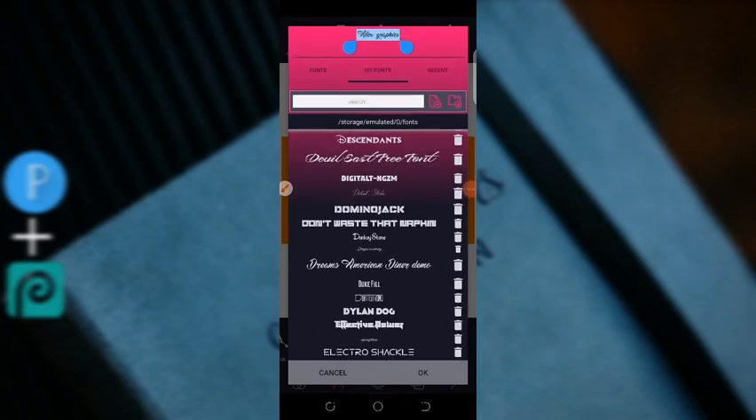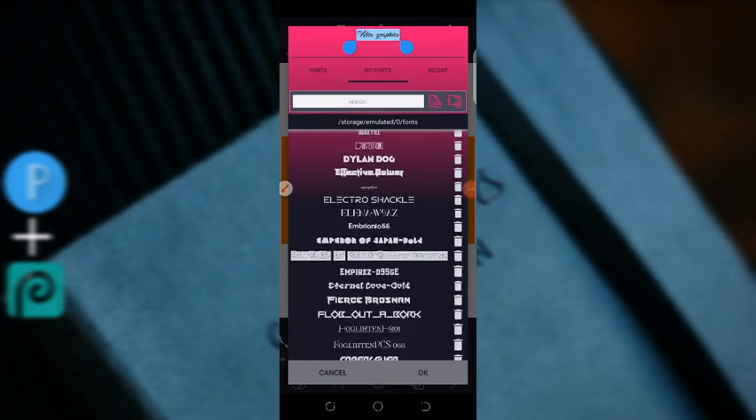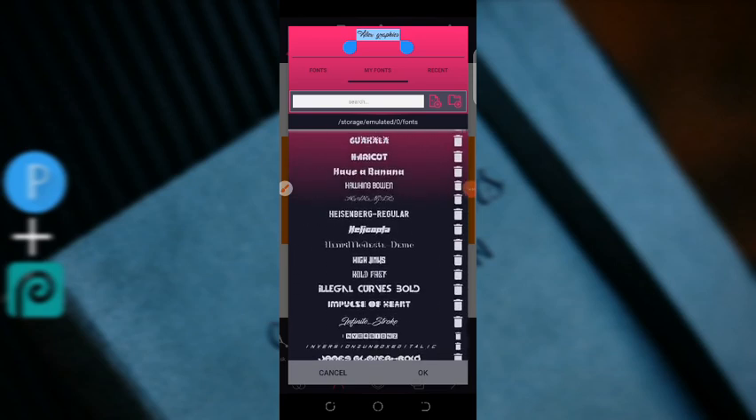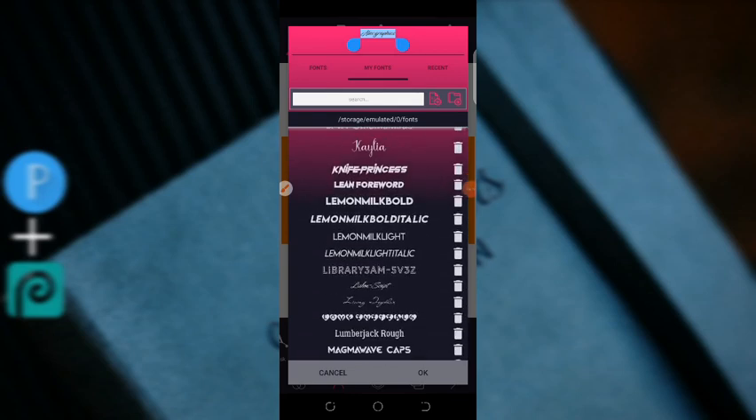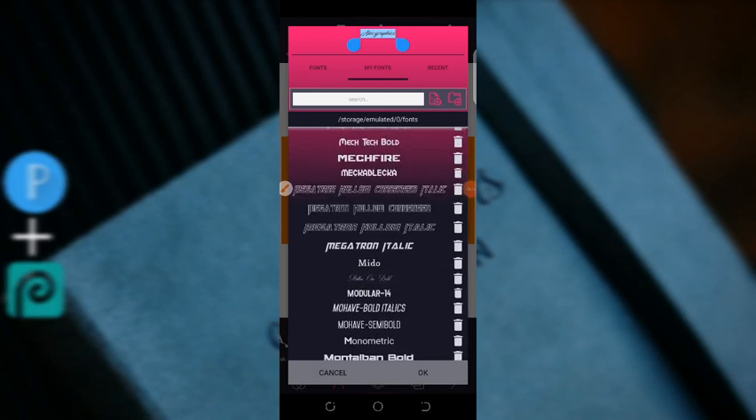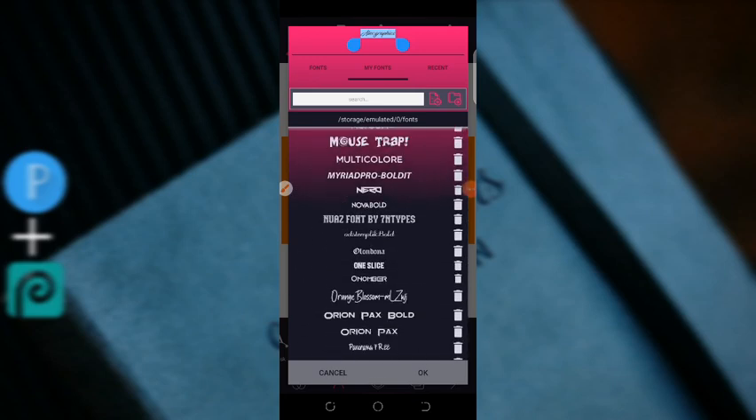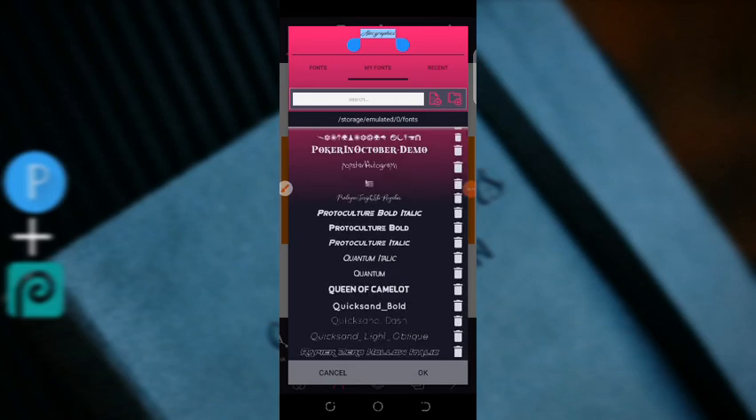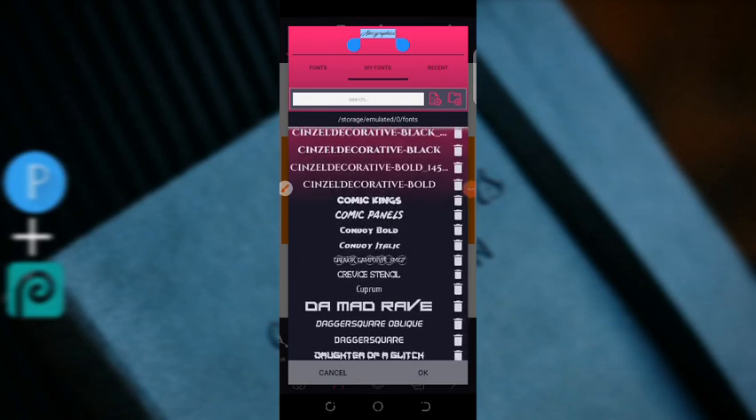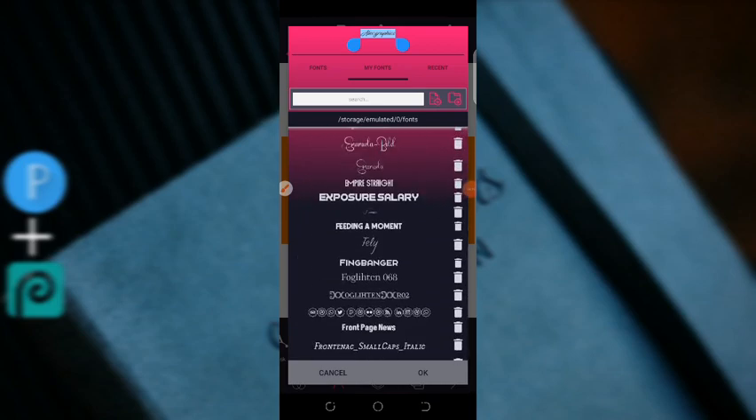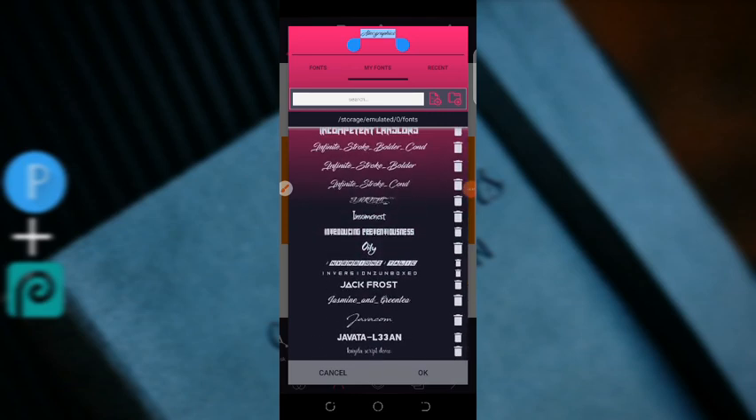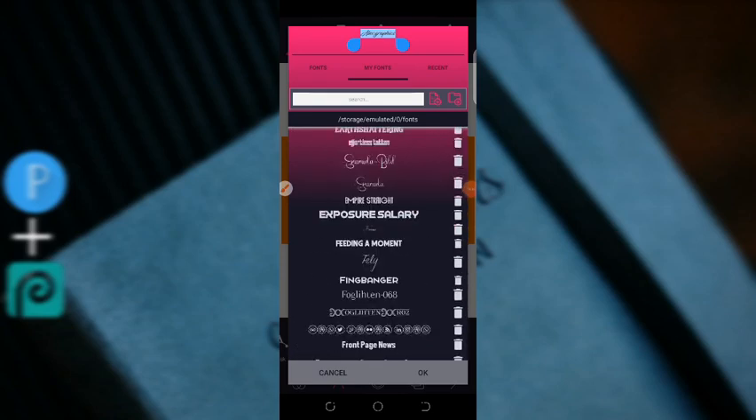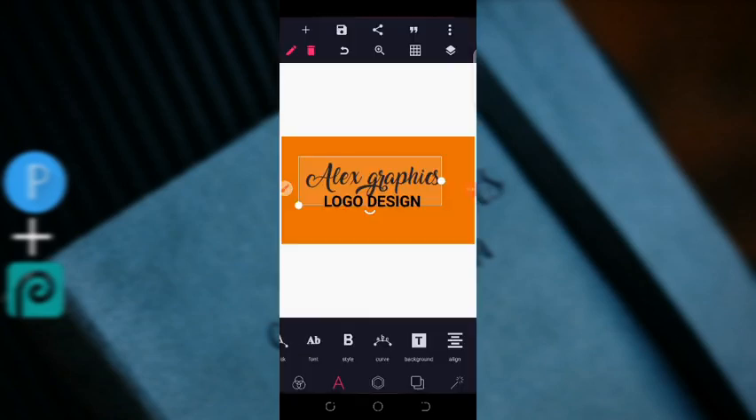We can use E. I think I already chose the best fonts. For me, finding fonts here, I think we're just wasting our time. Let me just select the font I use. So I think